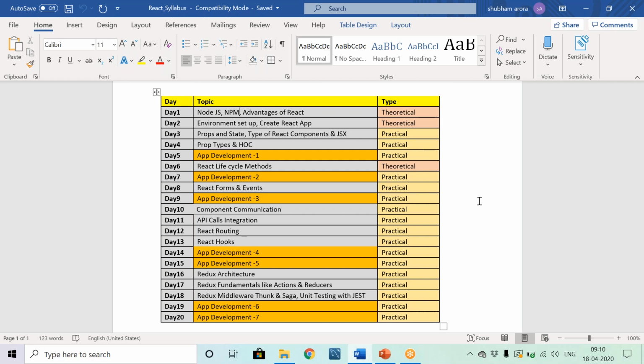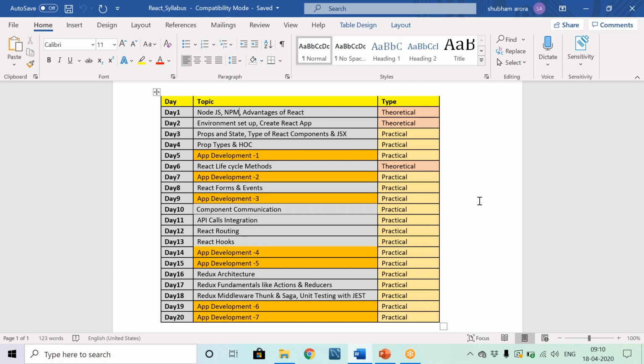Then we have some core principles in Redux like actions, reducers, and store. Then we will see what all those core principles are. Then we'll create a small application, right? That application will be integrated with Redux. So now we'll create a full-fledged React application that will also use a state management called Redux. So this will now be a full-fledged application.